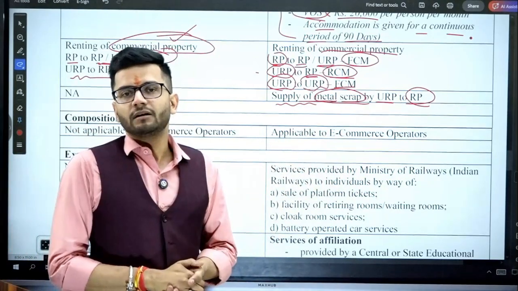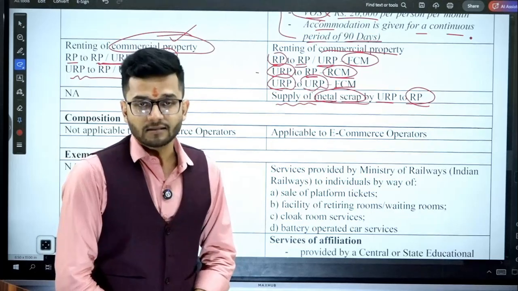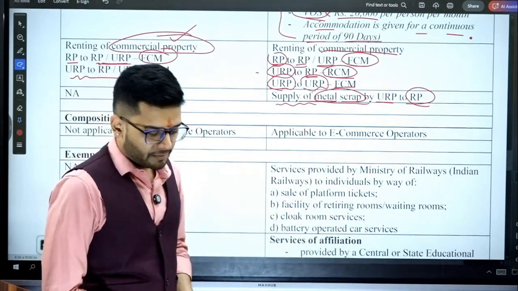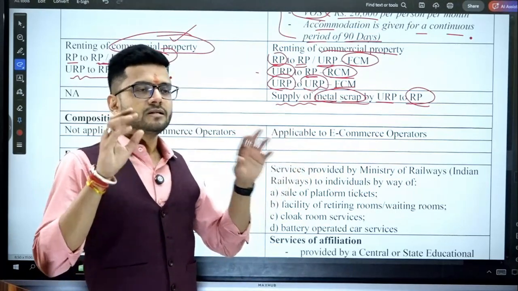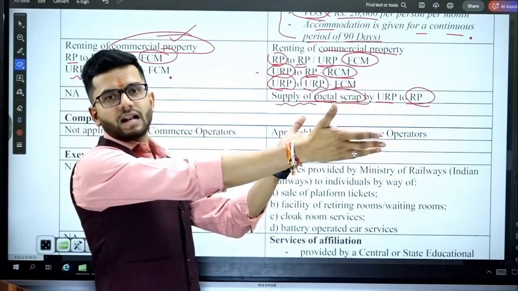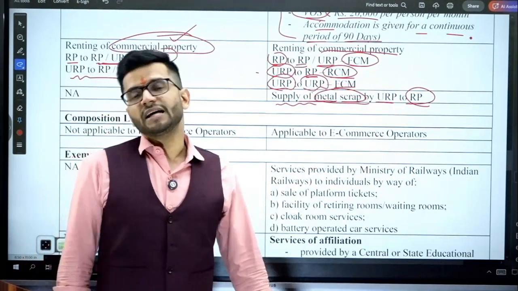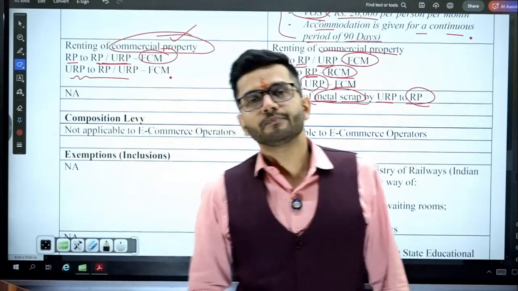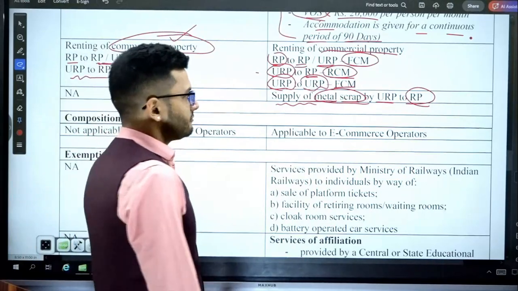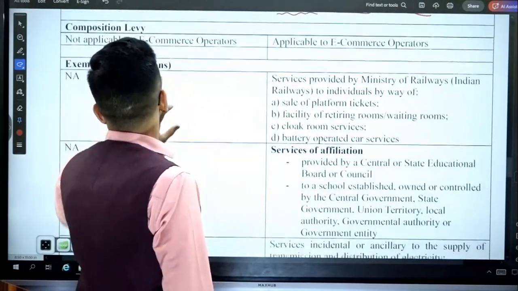But consider cases where an unregistered person is supplying to a registered person. Suppose the registered person is a big scrap vendor, like Scrap Uncle, an online scrap vendor, a full-fledged website which deals in purchasing scrap. So if we sell scrap to Scrap Uncle, then Scrap Uncle is liable to pay GST under the RCM mechanism, because he is a registered person. And that is how registered persons are covered under the metal scrap vendor list.